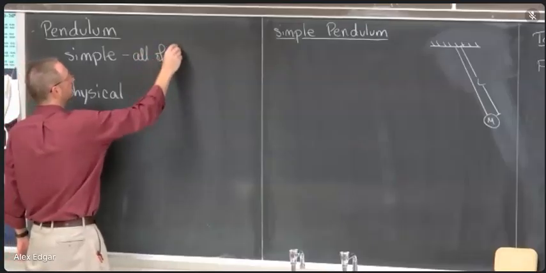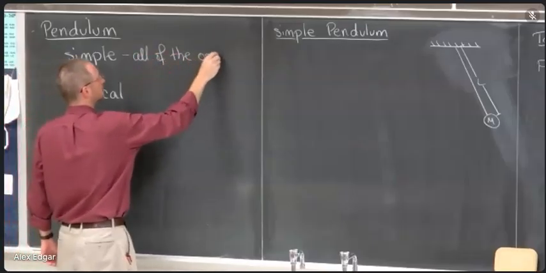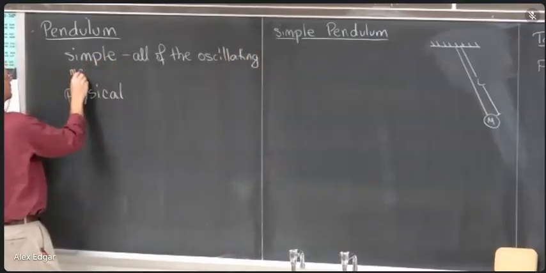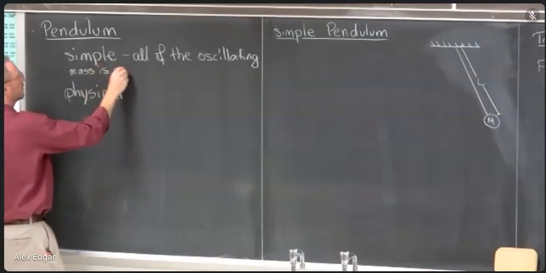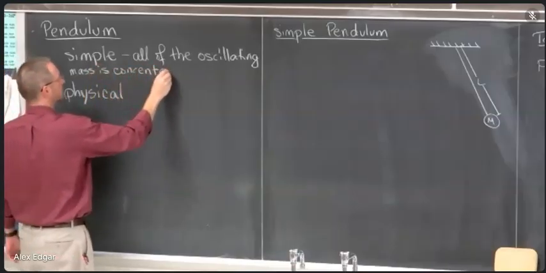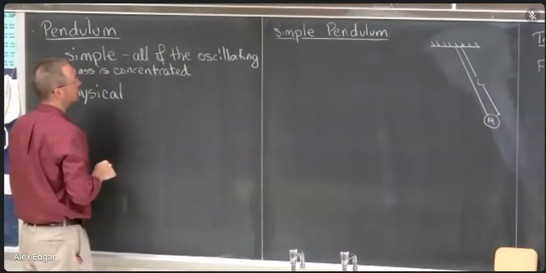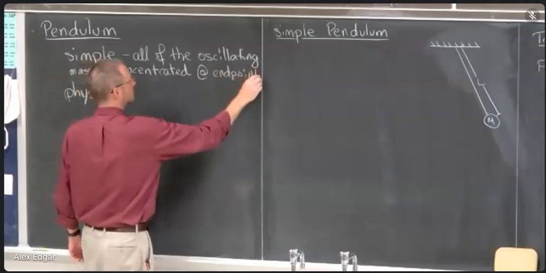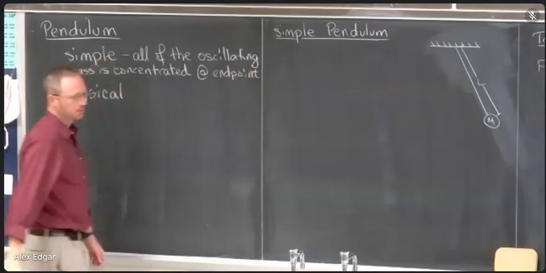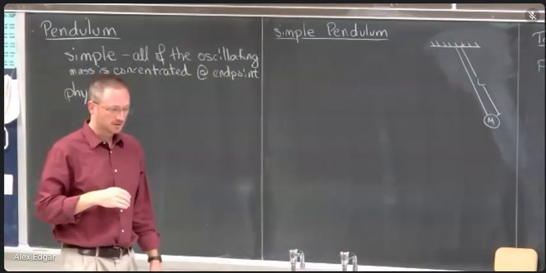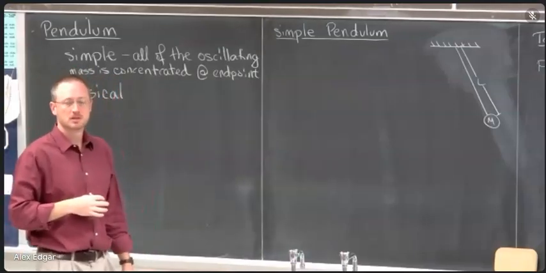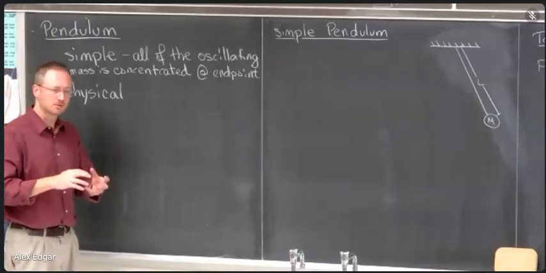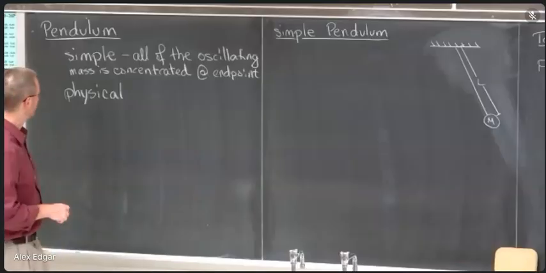All of the oscillating mass is concentrated at the end point. This is an approximation, and we can only do this when the mass at the end point is considerably more than the mass of the string. The physical pendulum